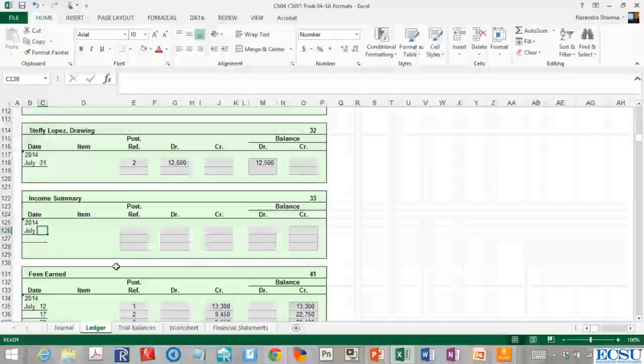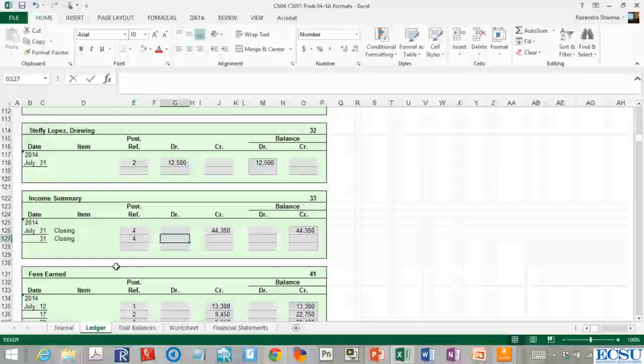So this is 31 income summary, this is closing, and posting reference is page number 4. First we credited income summary with 44,350, so it will have a credit balance of 44,350,